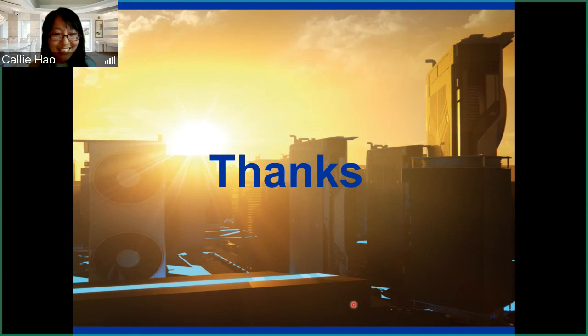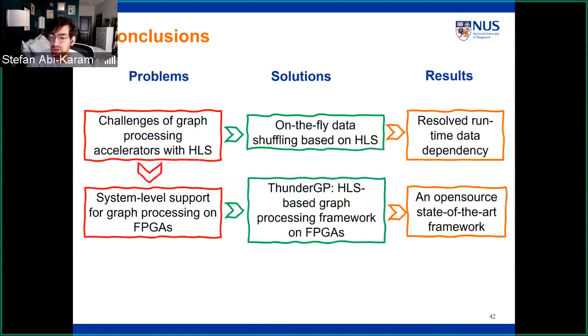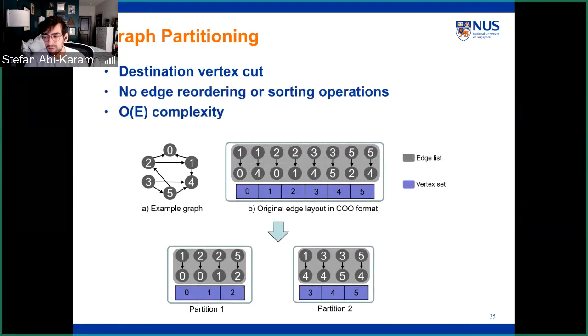I have some questions. Can you guys hear me? Yes. Okay. First of all, thank you for presenting. It was really interesting work, especially the memory access and the shuffling. But I had some questions about the graph partitioning specifically. I understand that you're using the vertex cut. Is this partitioning being done on some other platform other than the FPGA, or is it a pre-processing step on the data set, or is it being done during the runtime of the actual FPGA?